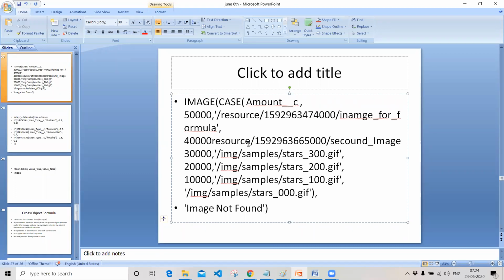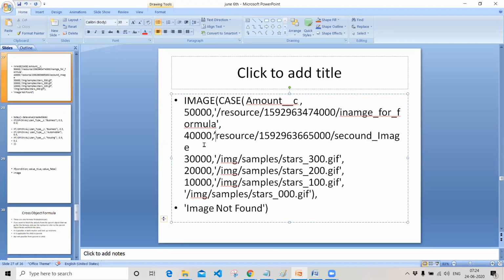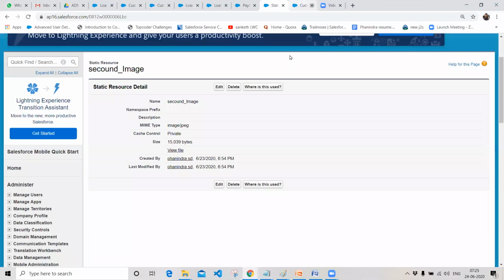For every custom formula, you can define your amount. If the amount is 5,000, I want to use the image called image for formula, and since the amount is 40,000, I want to use this custom image file here. So guys, do you understand how I'm using the image files in my organization to display the data in the formula fields?